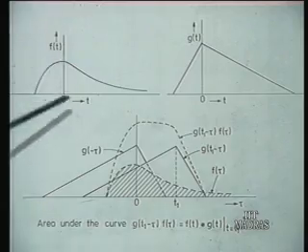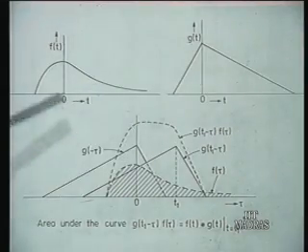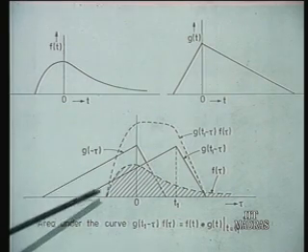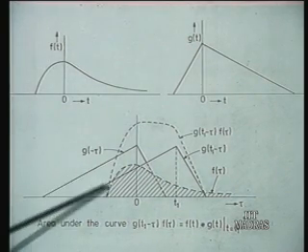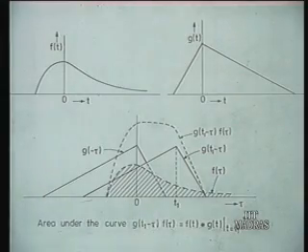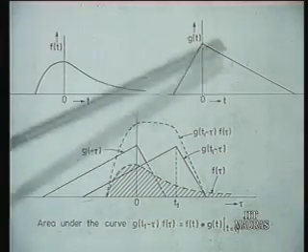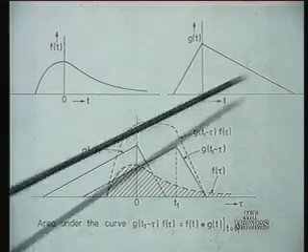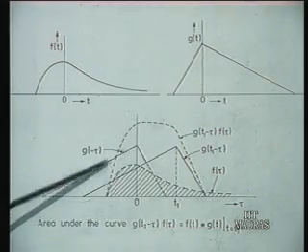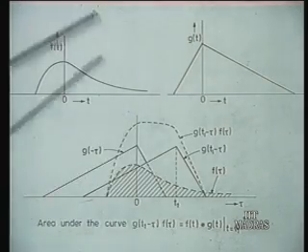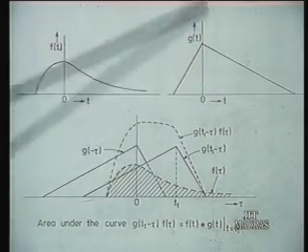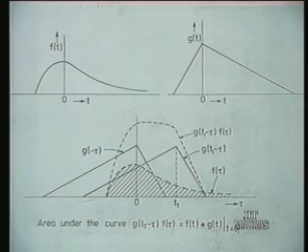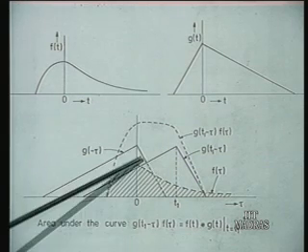You have two time functions, f of t and g of t, and you would like to find the convolution of these two. What you do is you keep one of these, f of t, fixed. So let us say this is f of t, this is fixed, and this g of t, suppose you reverse the time axis. That means g of t is like this. What you are having here is g of minus t. That means you fold it. g of t is folded along the y axis. So the sequence of values which it takes for positive t will now be taken for negative t and vice versa. This is g of minus t.